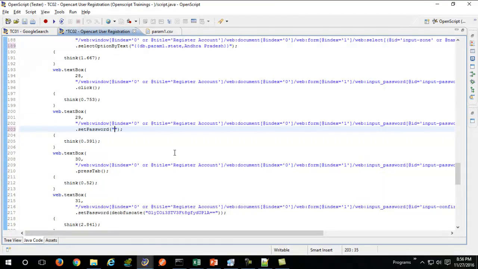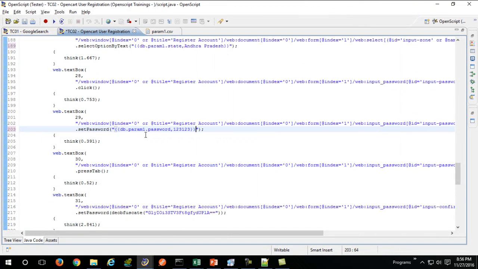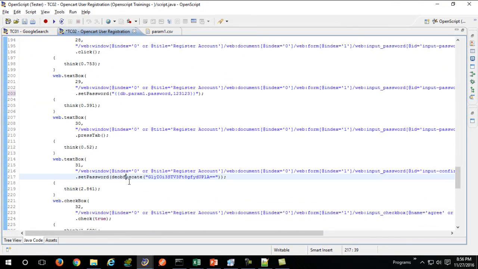You can directly type in your password and you can substitute that string variable here. So I'm not encrypting any passwords.